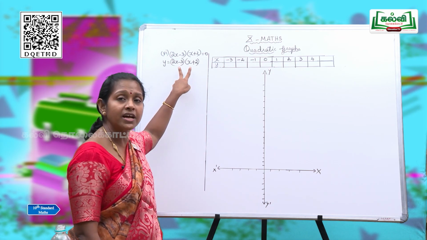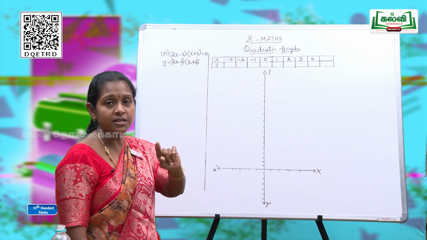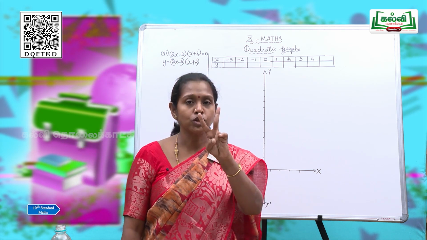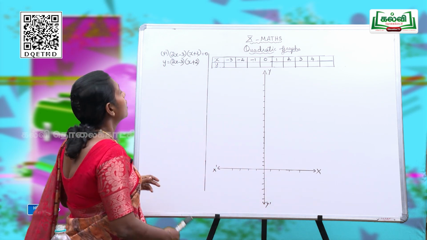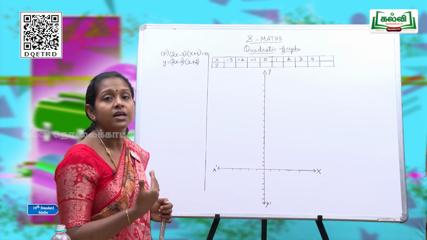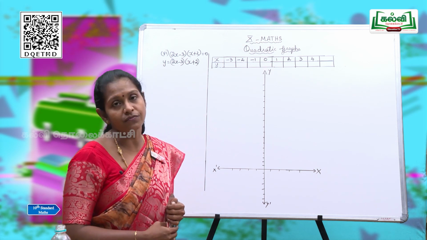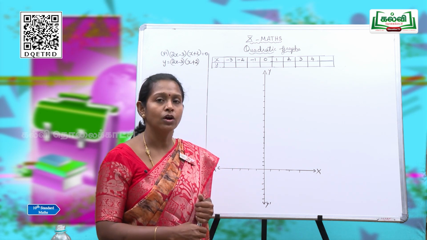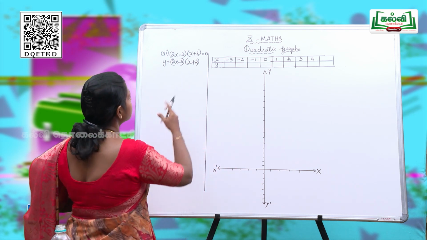2 roots. If it has 2 roots, then only it is a quadratic equation, because the degree is 2, then only it will have 2 roots, right? So by using these 2 roots, I have to create a quadratic equation first. Then as usual we will apply values, plot, and find the nature of roots. Are you ready? Okay.